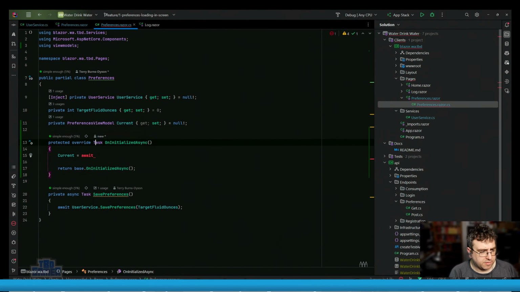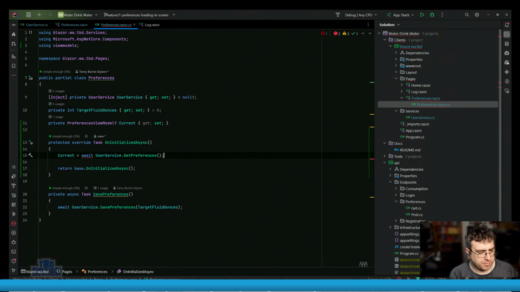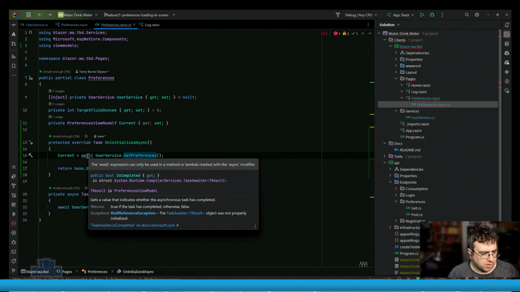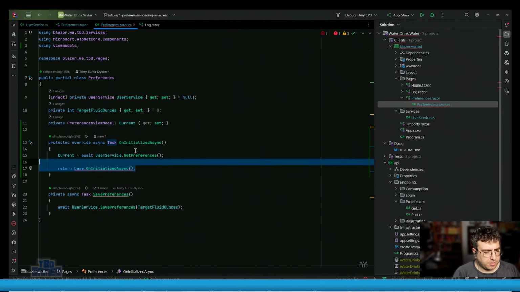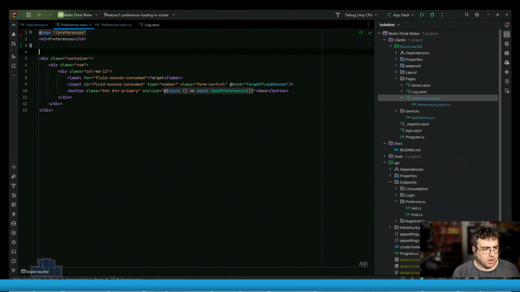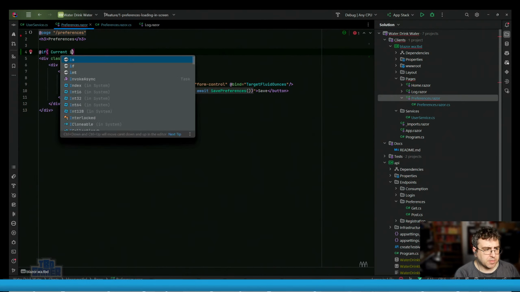Current equals await userService.GetPreferencesAsync, do that, and then in here, if current is not null,